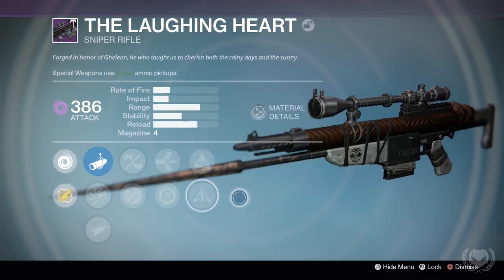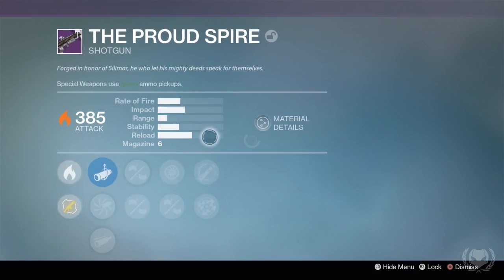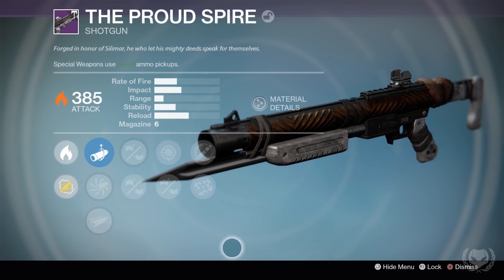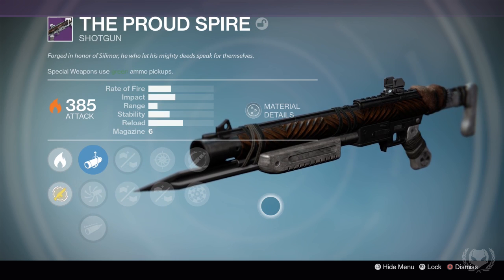The next weapon I got here is the shotgun, the Proud Spire, and I actually got a bunch of these, a few of which I've already dismantled or infused, but this shotgun isn't really looking too great as it is, because it's a lower impact, higher rate of fire shotgun, so it's going to have difficulties competing with shotguns like the Matador or Party Crasher,